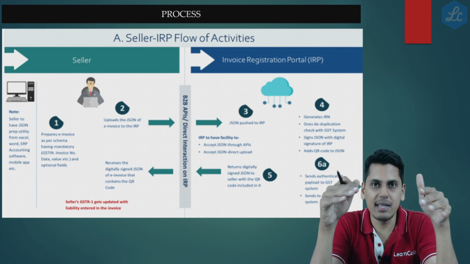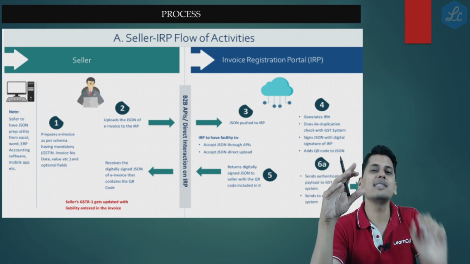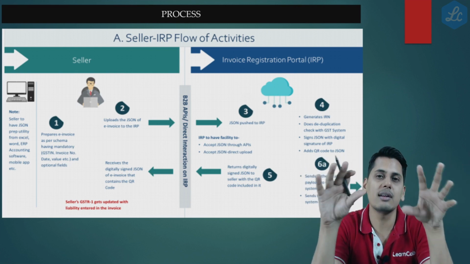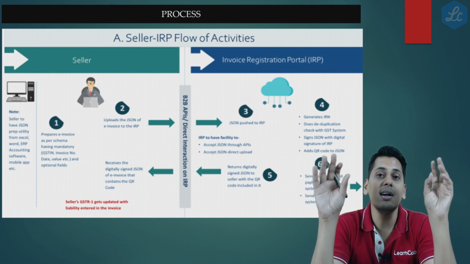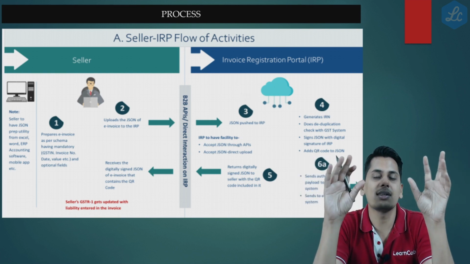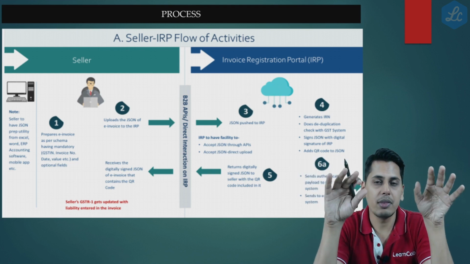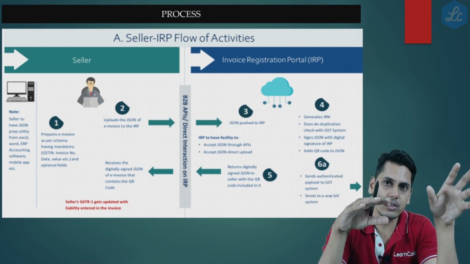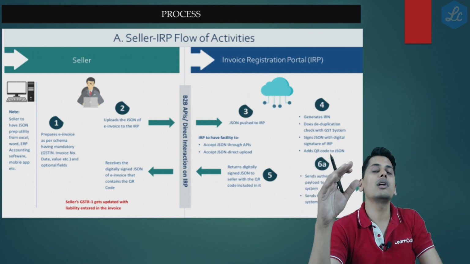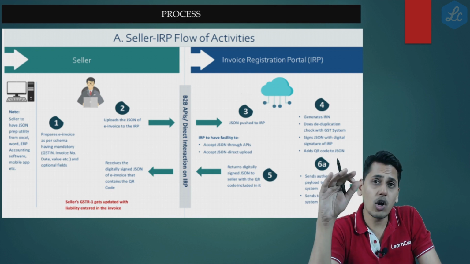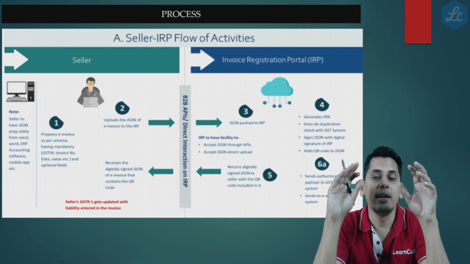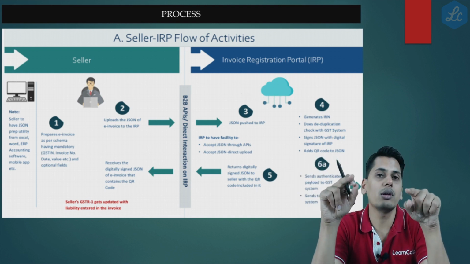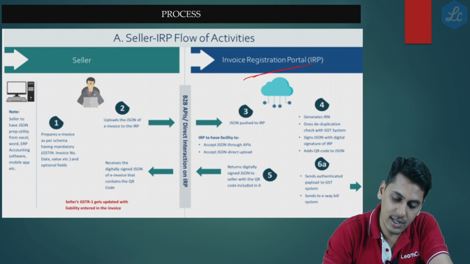Now, the common portal receives form GST INV01. What is form GST INV01? It is a standard template, which you can call a schema, containing the prescribed details of the invoice. You have to fill them. You have to upload it in JSON form either directly or through your accounting software to the common portal. The common portal, when it receives this, is going to have a check with the GST portal. Friends, please understand, this common portal which we are discussing is your invoice registration portal.